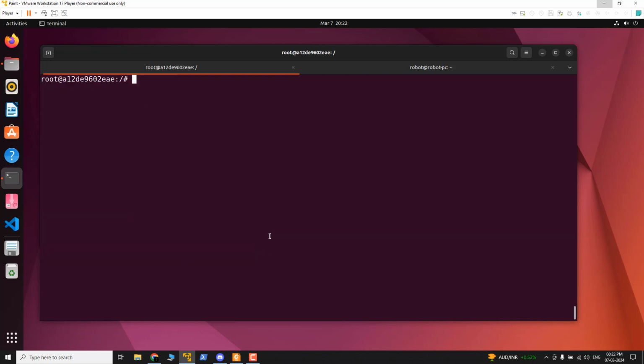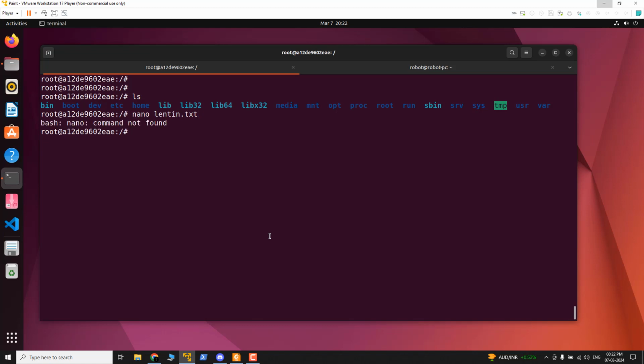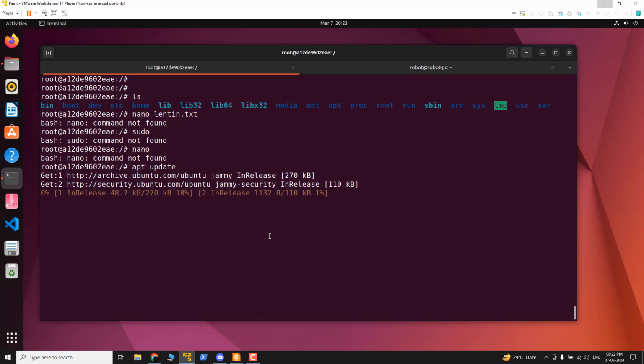Okay, so maybe I can show you. So there is a container, right? We are inside the container. So I'm just creating a file called lentin.txt in the container. Maybe I can do it like this, because the container is a very lightweight version. There are no commands like sudo, nano, nothing is there. Okay, you can install the packages as well. That you can do. So maybe I can do the apt update inside this,